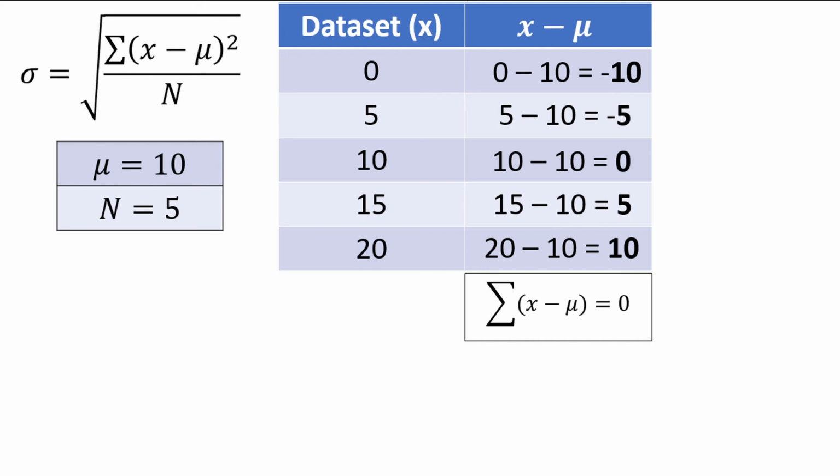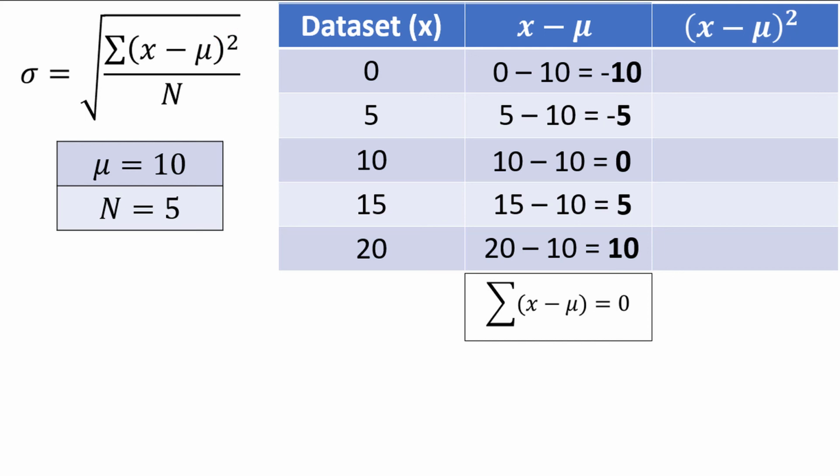One is to take the absolute value, or positive value, of each deviation. But for a variety of reasons, the more common approach is not to take the absolute value, but to square each of these numbers, which you see is part of the standard deviation formula. So we make another column, x minus mu squared, which is the squared difference from the mean. Now we just square each of the numbers from the previous column.